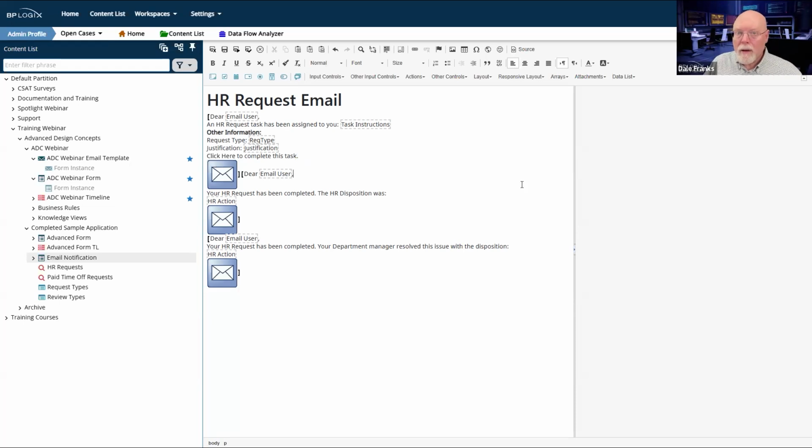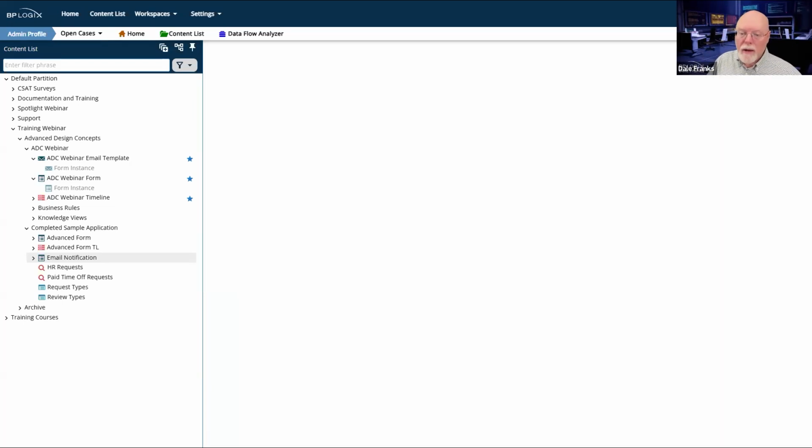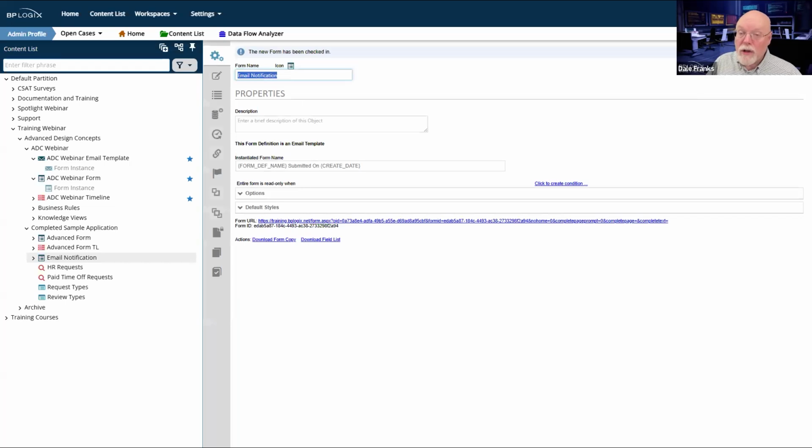Optimally, you want your users to use the email URL link to open the form, and as I just said, review the form to complete their task. So I am going to return this back to its optimal state. So that will be the email notification that will go out. We're just going to get rid of the approval links on the form. You should know they exist. There are scenarios in which they may be useful, especially if you want people to complete via email, especially if you want to just give them the specific link to like approve.